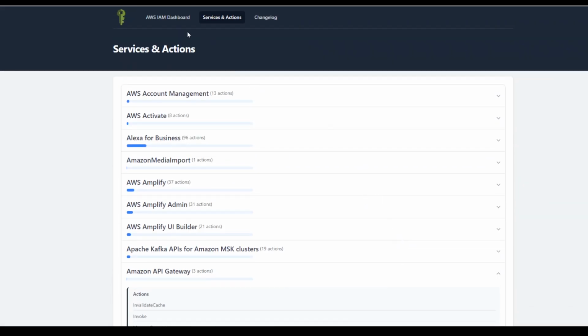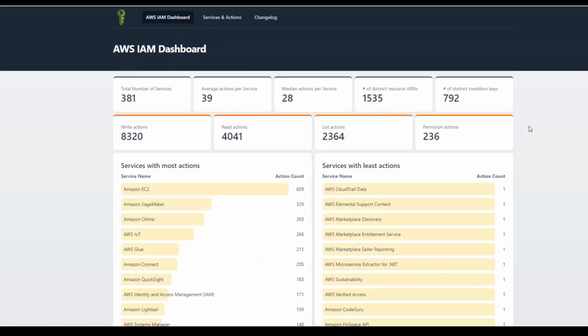Now, going back to the AWS IAM dashboard, the first row at the top shows you statistics about the AWS services, like how many services there are at the moment, the average number of actions you can perform, median actions, and distinct resource ARNs. Also, in the second row, there are some statistics about write actions, read actions, list actions, and so